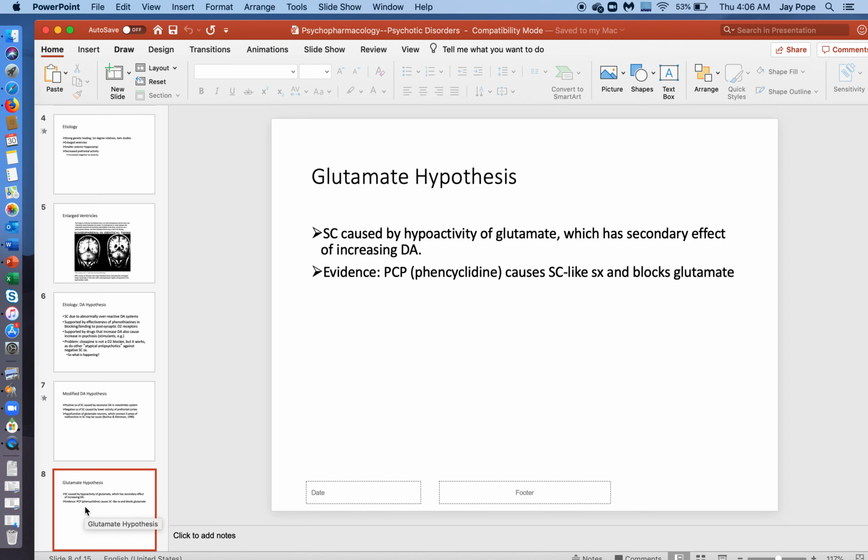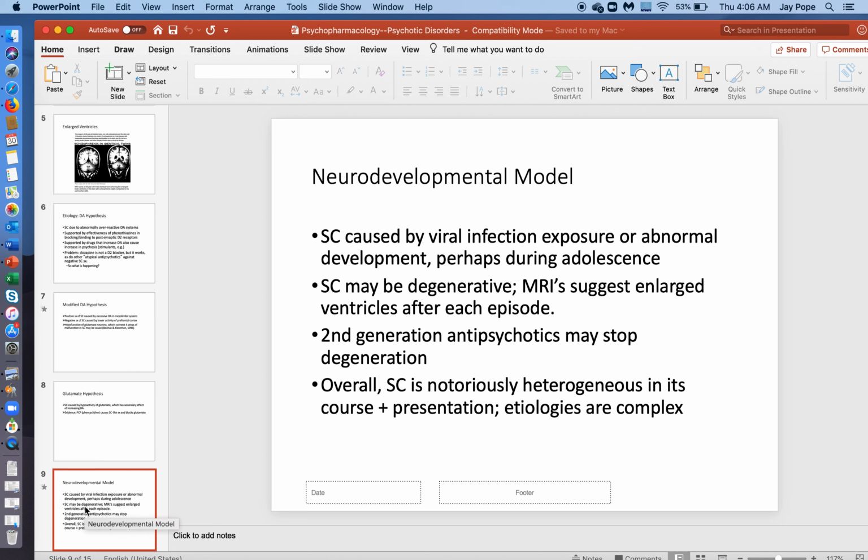Okay, skipping down to slide number 9, which has to do with what's happening with schizophrenia as people have it and as they develop it. Well, there have been several studies that have looked at this very closely. One is that schizophrenia seems to be at least somewhat related to when you were born. An interesting series of studies looked at what time of year people with schizophrenia are born, and they tend to be born more frequently during winter months.